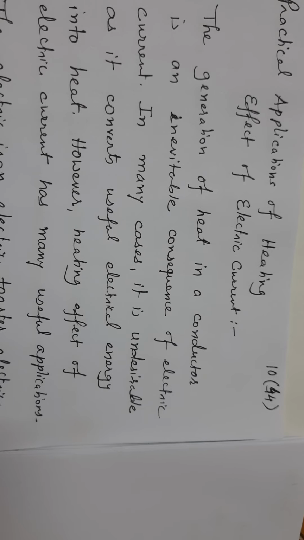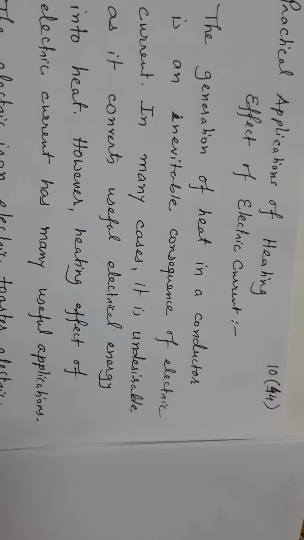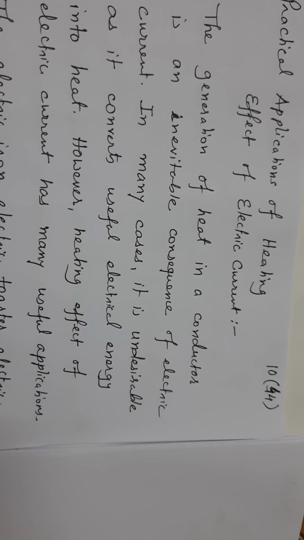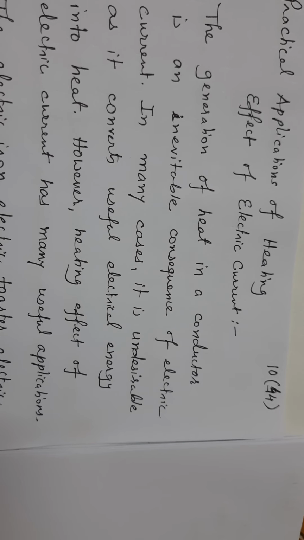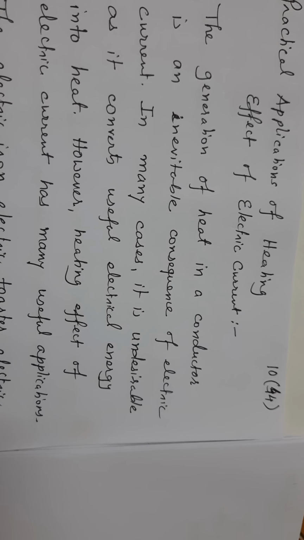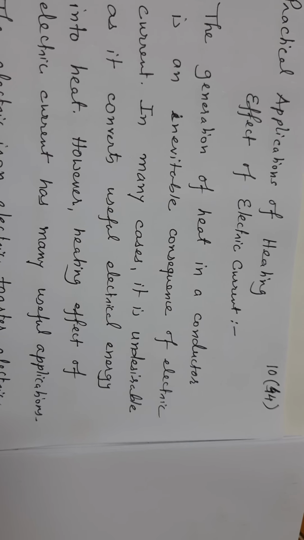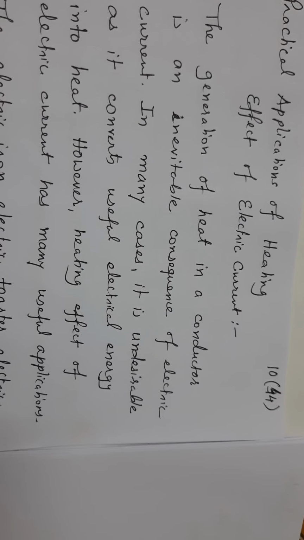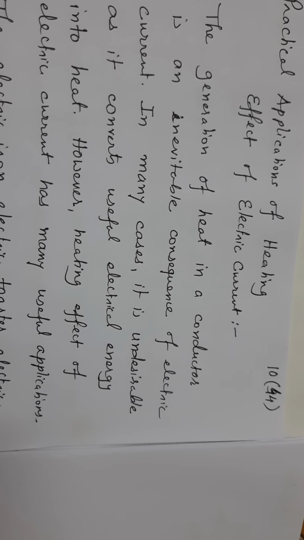The electric heating is also used to produce light as in electric bulb. Last time we were talking about that in electric bulb, the filament gets heated up because it is offering very high resistance, and that is used in order to produce light. Here the filament must retain as much of the heat generated as possible so that it gets very hot and emits light. It must not melt at such high temperature.